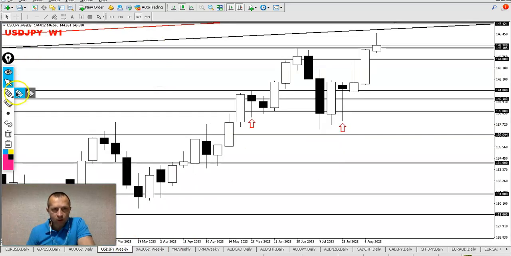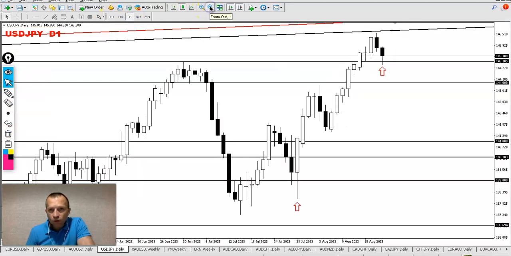USDJPY, it's a little bit of correction on the weekly time frame from the 145 level, but still close above it. You remember before it was just test and correction to the downside. Now move to the upside, potential V pattern. Maybe it will be rejection, but so far looks so good. And on the daily you can see on Friday we are just holding above this level 145, since we broke it, then retest. So potentially next leg to the upside.